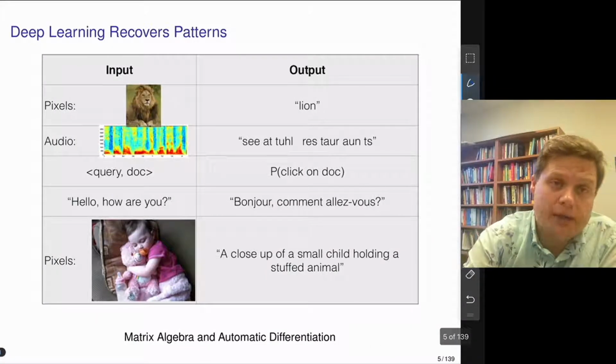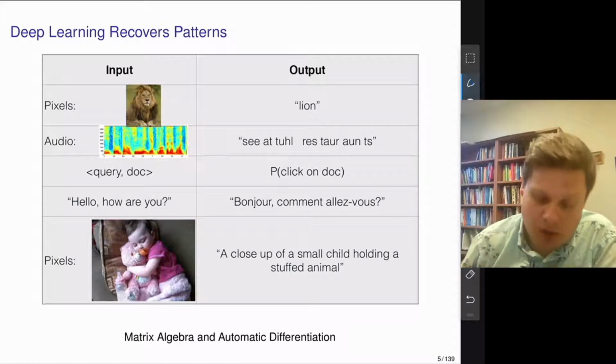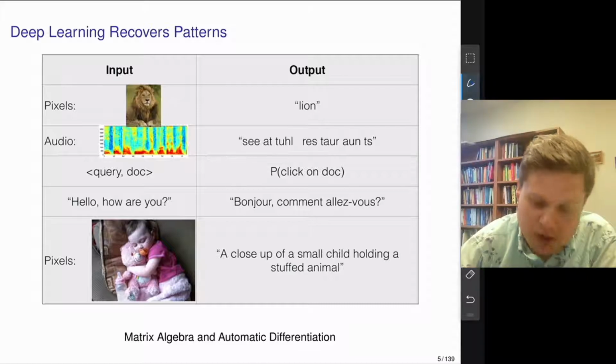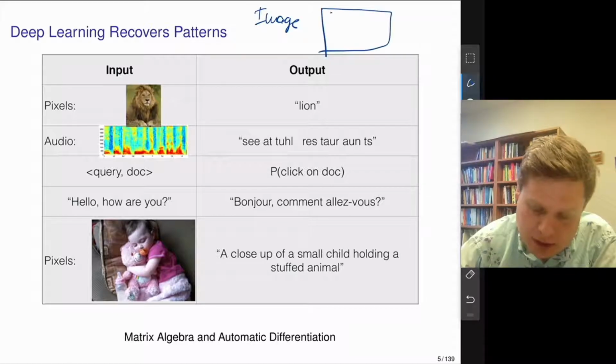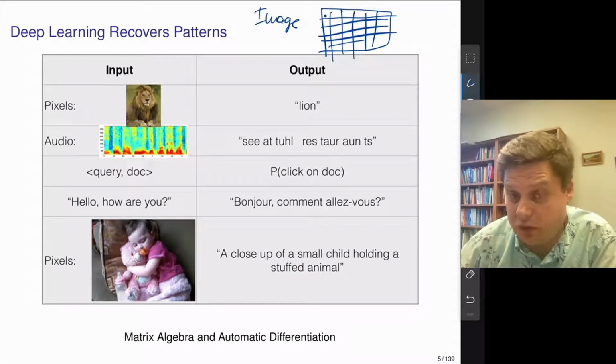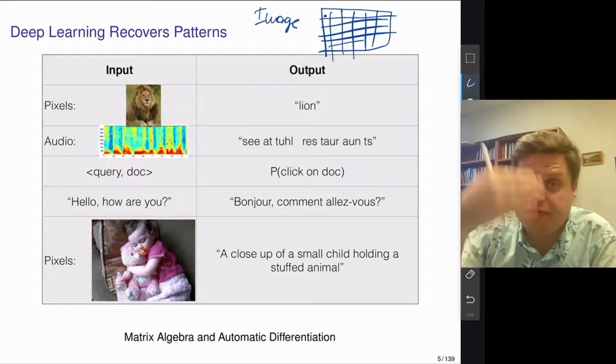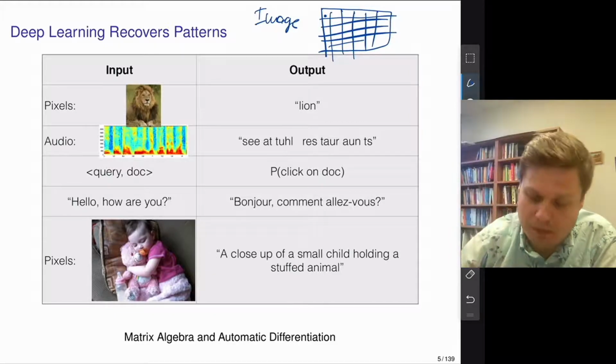But let's go back to the problems that are mainly solved by deep learning models nowadays. So image processing, essentially you take a set of pixels as an input. And what is an image? An image is just a matrix. And each pixel is an element in this matrix. And each pixel is given by a number from 0 to 255, which basically shows the intensity of the color. And if it's a colored image, you'll have 3 of those matrices, one for red, green, and blue.